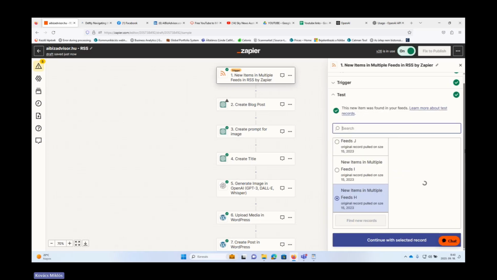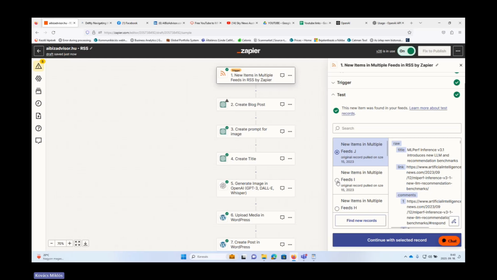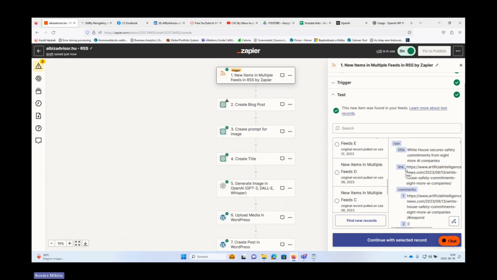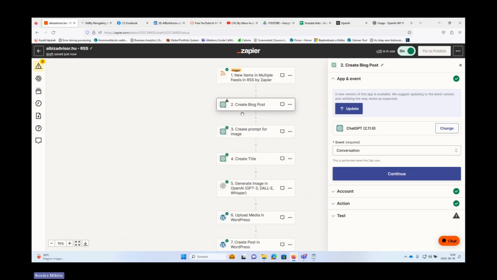Basically, you need to copy and paste the URL links here and then continue. And then, as always, at the end of a step, you check whether everything is working fine. So I'm checking here. You can see that there is some new news in the feeds. Let's choose this one and then continue. Now it's an error because we are just in the process. So let's see the details.